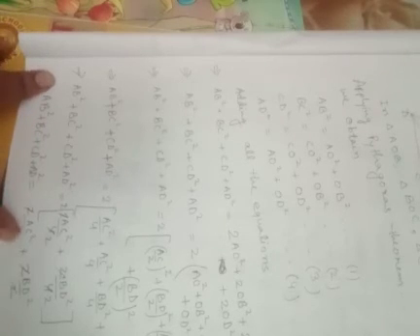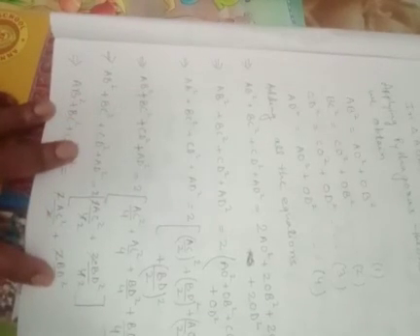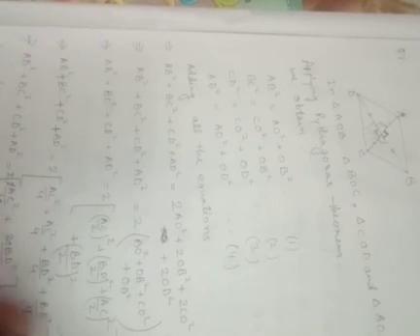Now simplifying this, we will get AB square plus BC square plus CD square plus AD square is equal to AC square plus BD square, which we have to prove: that the sum of the squares of the sides of the rhombus is equal to the sum of the squares of its diagonals. So AC is the diagonal and BD is the diagonal. So AC square means the square of the diagonal and BD square is also the square of the diagonal. So it is proved. So now change to question number 9.